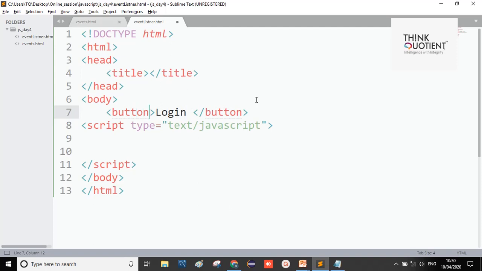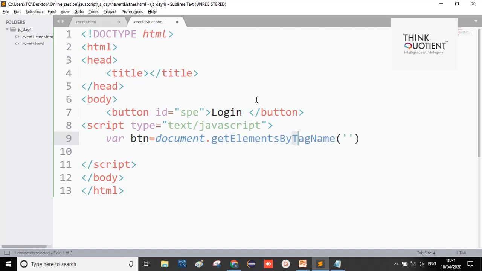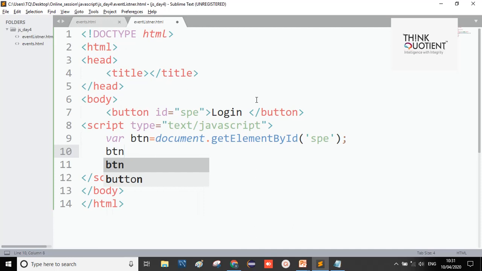On the click of that login button, I want to give a call to something. So to have the identification of my button, I'm going to say id is equals to spe, right? In the script tag, I'm going to say var btn, the button, is equals to document dot getElementById, and in that I'm going to specify spe, right? After this, on the button, I want to call this addEventListener,